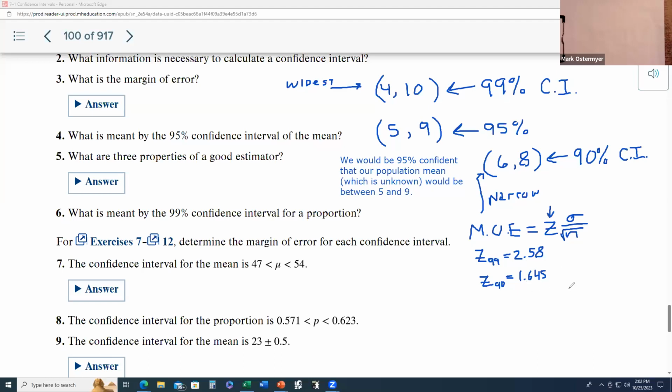And so we can see that we have this inevitable paradox between the level of confidence versus the amount of precision we can ascertain from our confidence interval. So what am I saying here? Well, what I'm saying is,